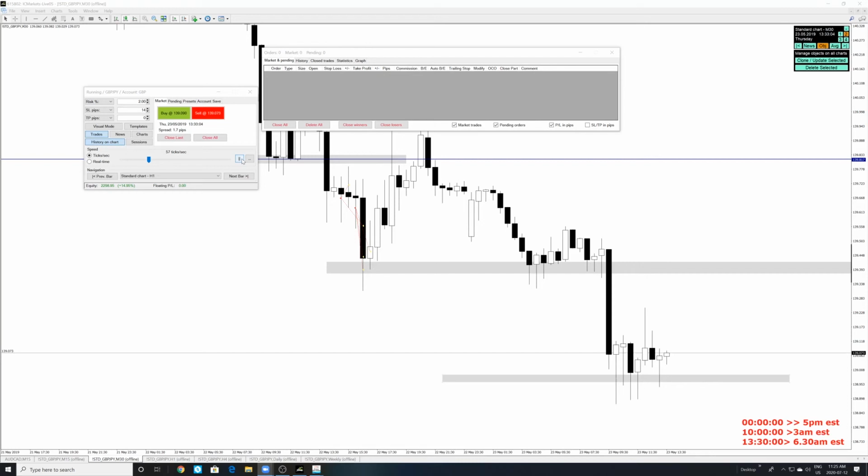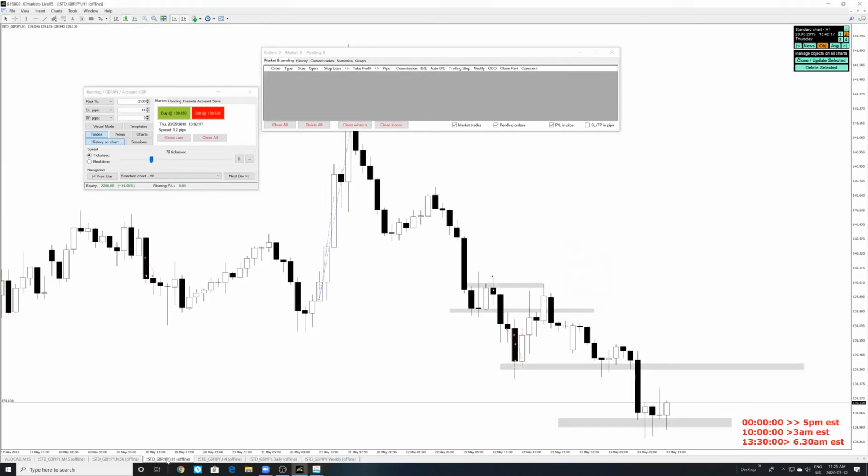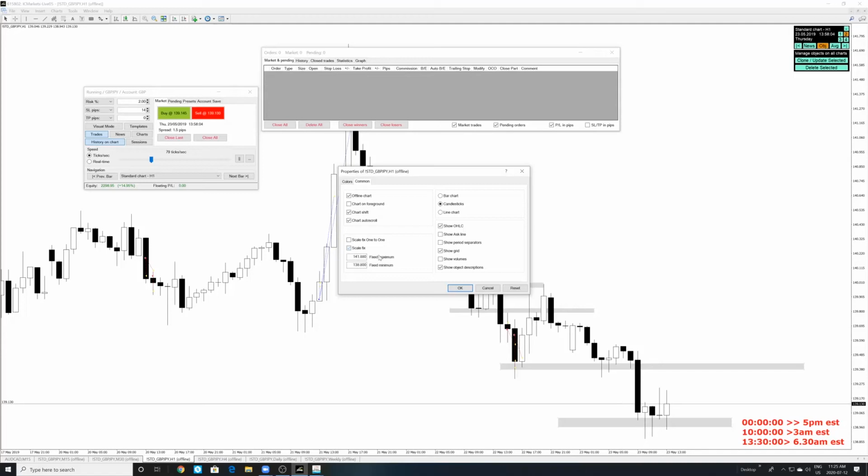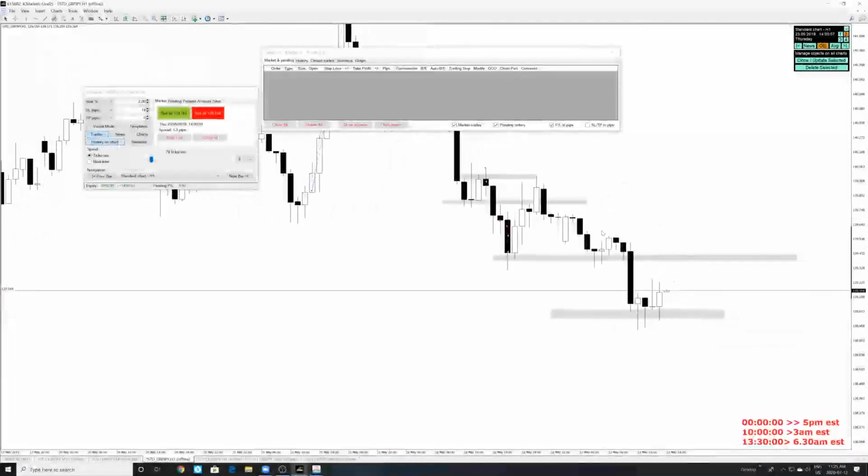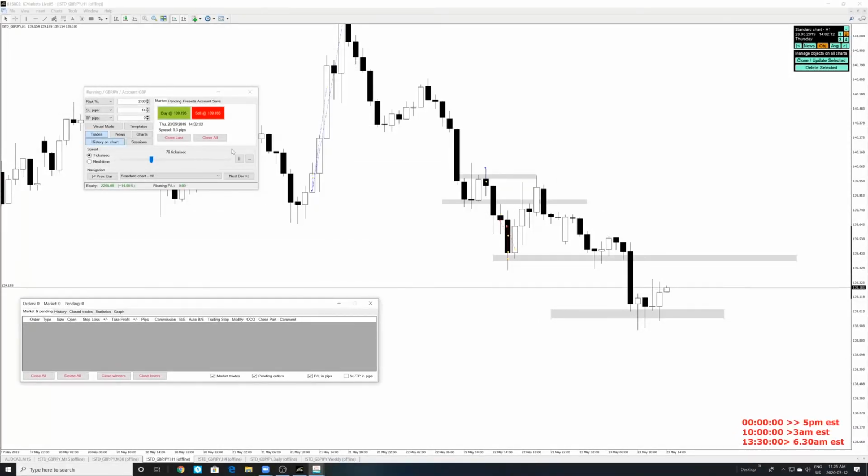Okay, 30-minute candle has closed. We're still in a range. Yeah, we're still in a range here. There's nothing happening. It looks like it's going to be a dead day over here. It's coming up to this support on the 1 hour. Let me just scale it out. All right, much better. Okay, 1 hour candle has formed bullish at a support.